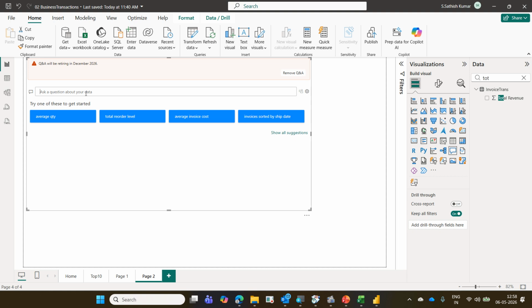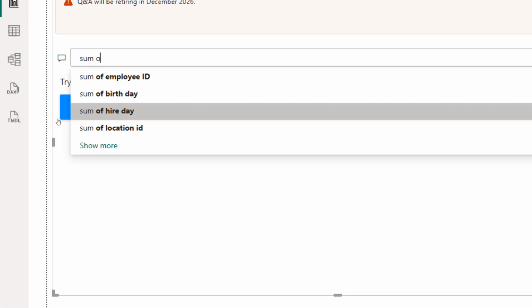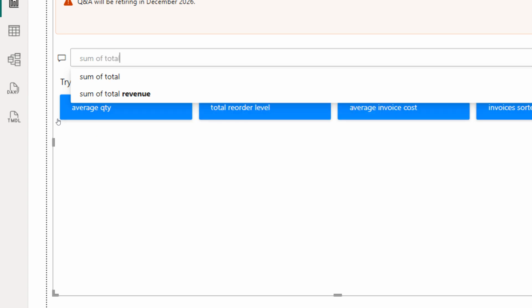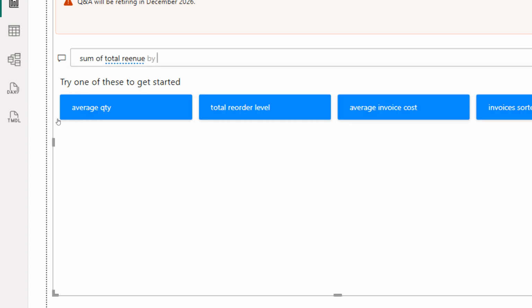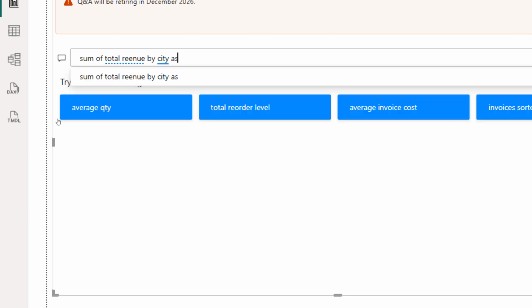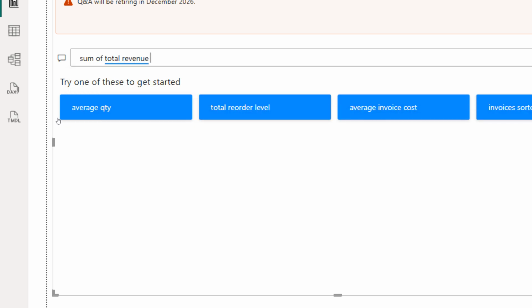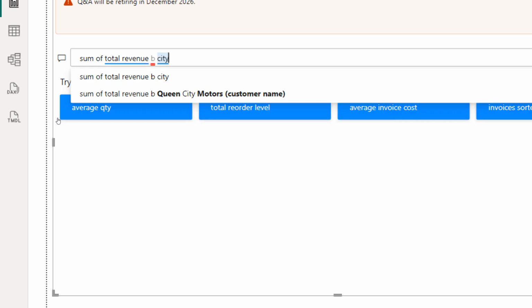So just type whatever you are saying, in normal simple English: sum of total revenue by city, as what you want: a bar chart, a line chart, a column chart, a map, whatever you want.